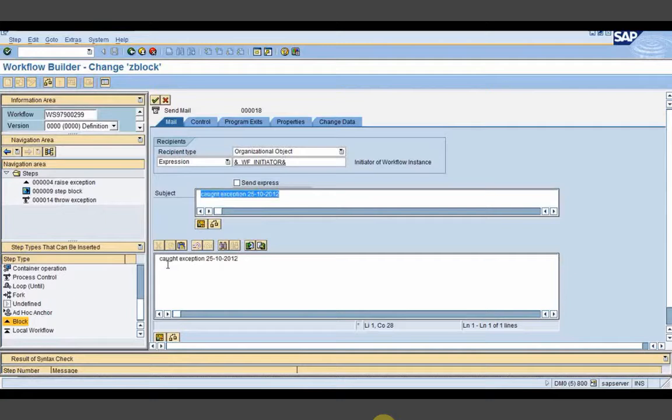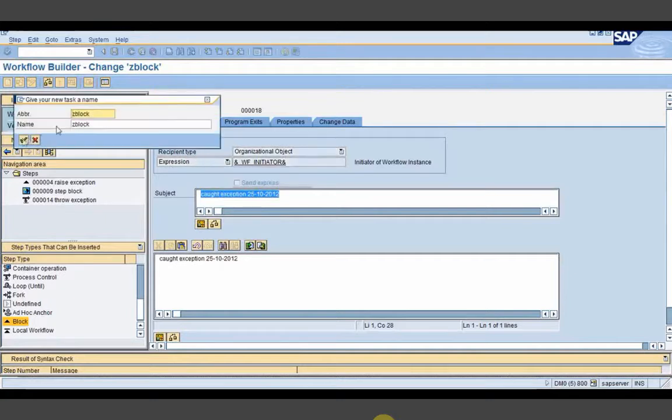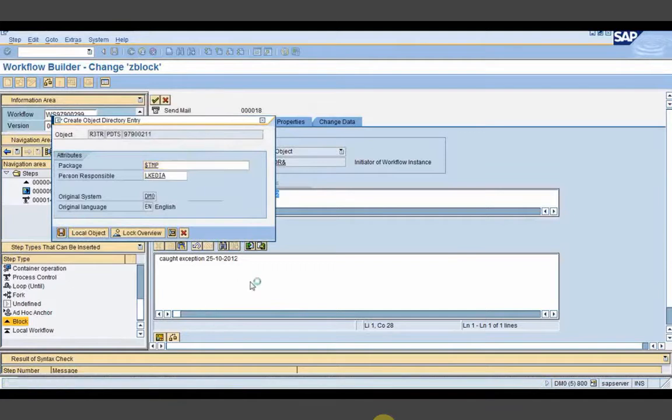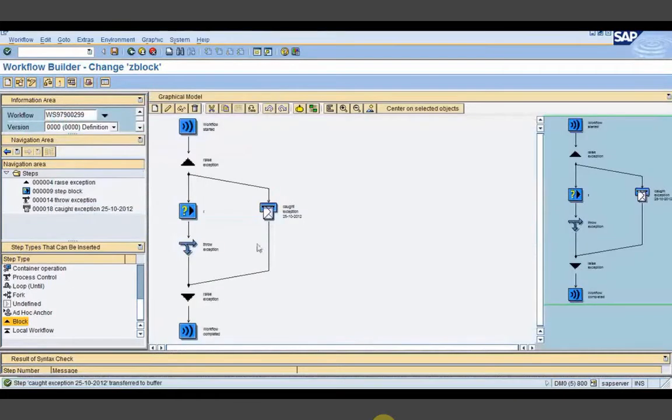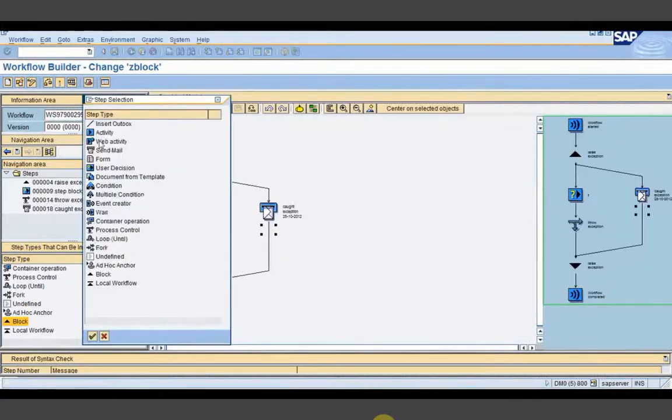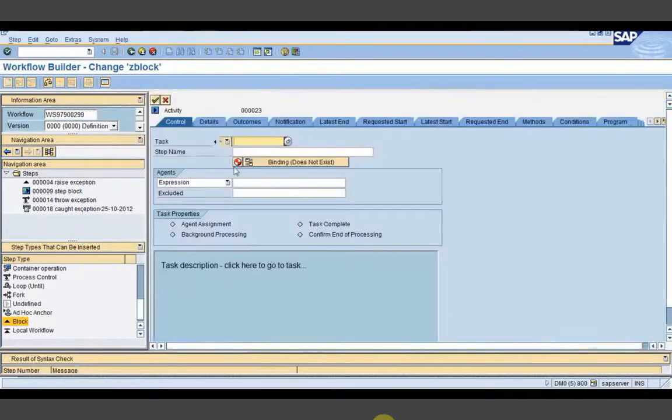I've given the date so that tomorrow I can show you. I'll show you in backend that it has got executed. Also, if you want, I can create here one activity step which will actually have that method send notif.